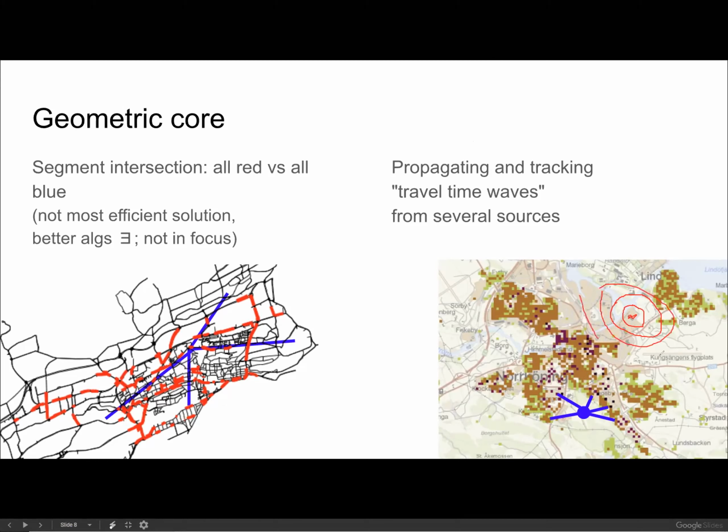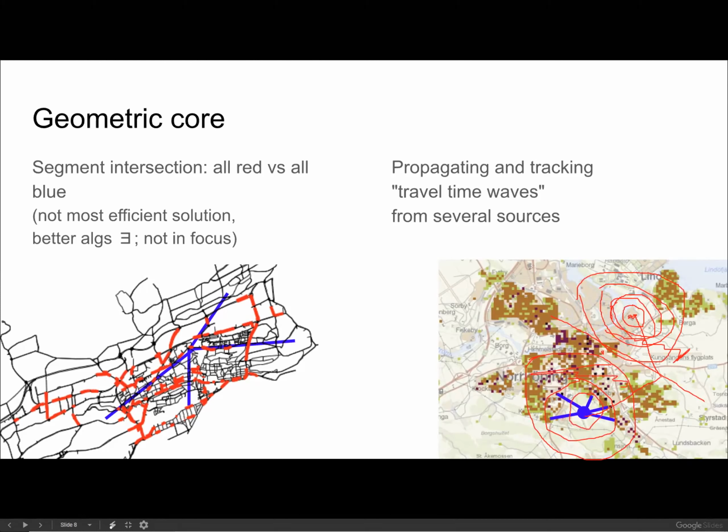And at some point, these waves from the different sources will collide. So I'm trying to change the color to blue. Well, okay, I will also use red to show the wave propagation from this center. And then at some point they will collide. So there will be these points which are equidistant. The distance to go here is the same as to go here. And anything on this side will be assigned to this old center. Anything on this side will be assigned to this new center.